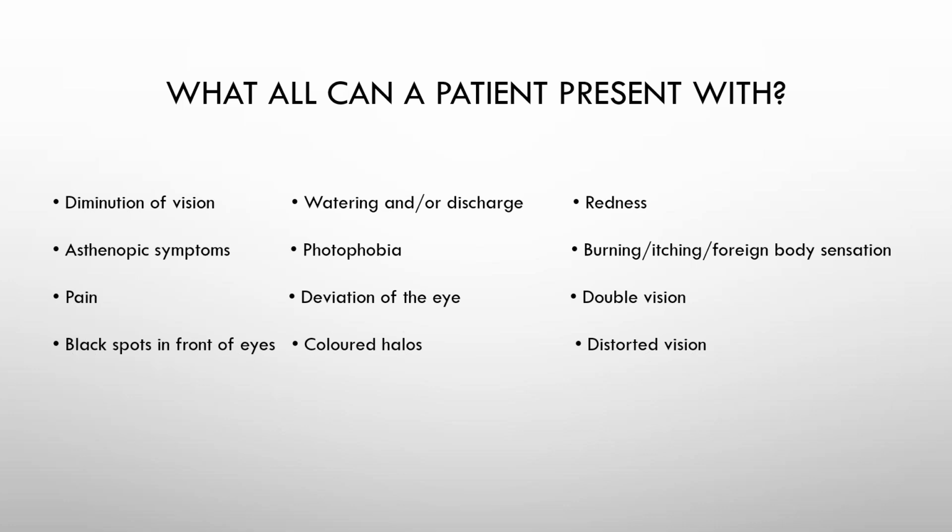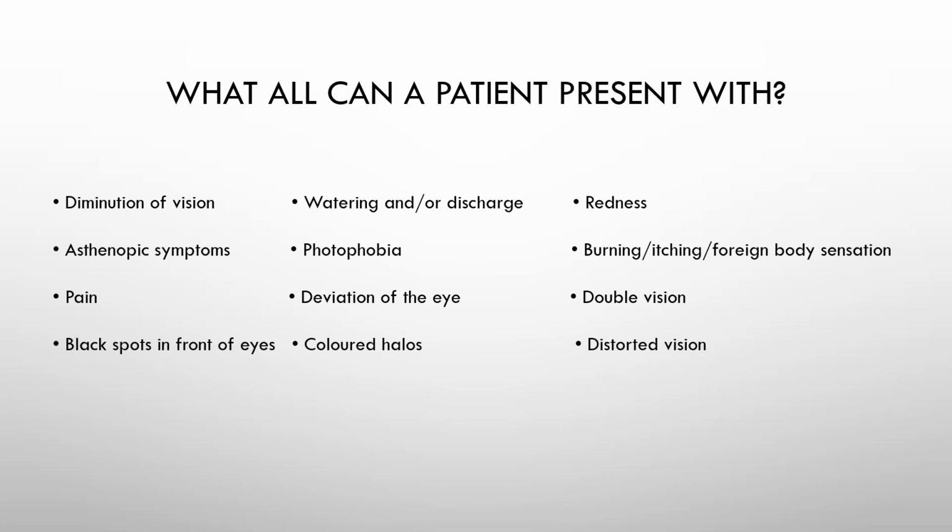They'll be like, oh yes, I do see separate images. But you also have to make sure that they see one image which is sharp and focused, or clear, and the other image that is the doubled image that is going to be blurred. Then they might also be able to see black spots in front of the eyes, which are scientifically known as floaters. And they tell you that, okay, now the disease is probably somewhere in the vitreous or the retina, or there is some media opacity that is present.